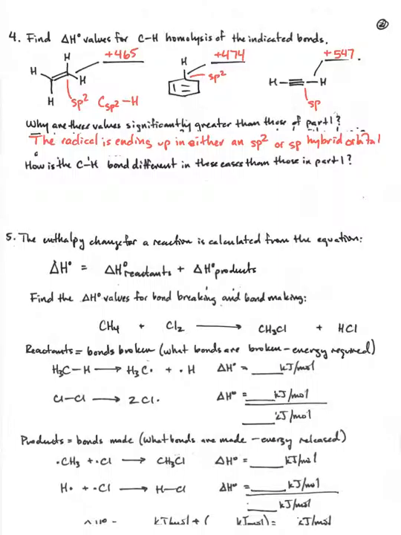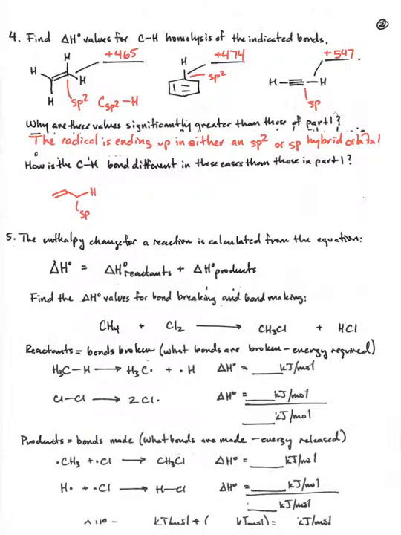That's different from the original cases because the radical in those is ending up in a p orbital. So say, for example, we'll do this allylic case,